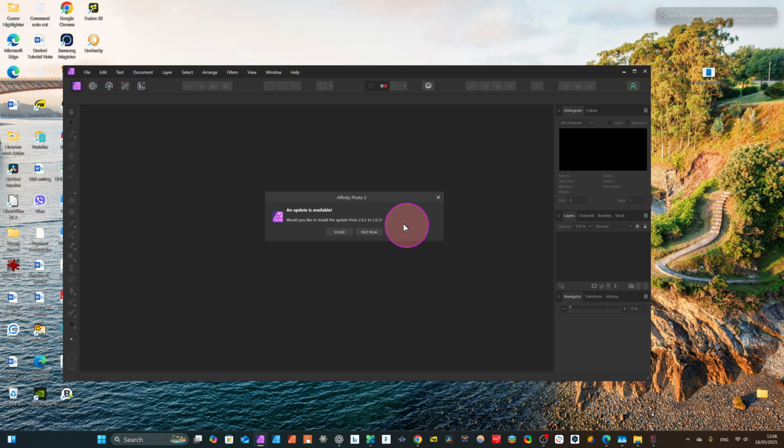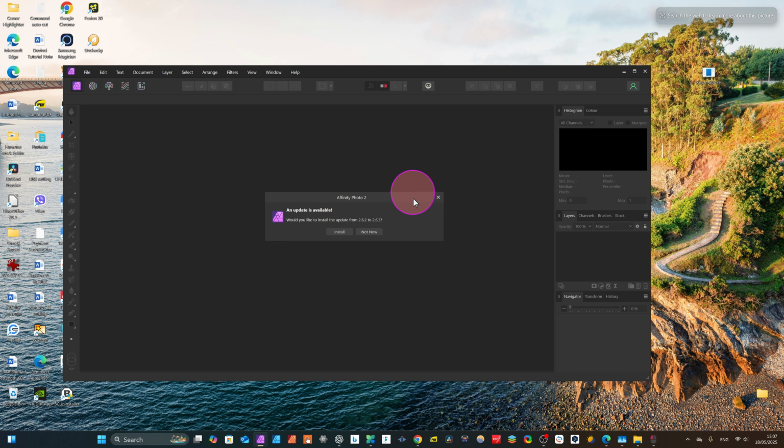If you don't know what Affinity Photo is, it's the best alternative to Adobe Photoshop. One time purchase, dear friend, perpetual license. Once you buy Affinity Photo, you can use it your whole life. You don't need to pay the monthly subscription. All the professional tools which you use in Adobe Photoshop are available inside Affinity Photo. I have been using Affinity Photo for my professional work for more than 1 year, and I don't miss